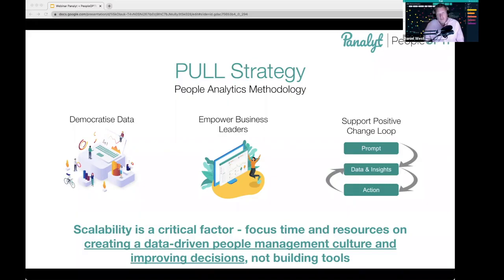There is some prompt to start thinking and start looking at the data, and then you drive managers using that prompt, using that use case to look at the data, gain insights. That drives action. And when you've taken action, you want to see results. So you go back to the data to see results. And now you're in a positive feedback loop because now you have managers actively using the tools that you've put in front of them. Because you've articulated one or two key use cases, there is a positive reinforcement where they get more comfortable with the data, they get more comfortable with the tools,